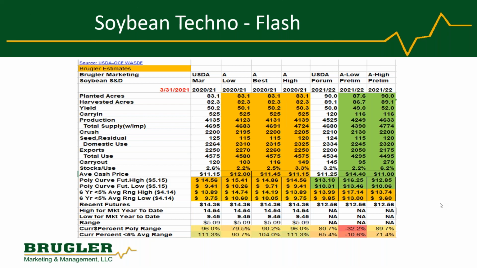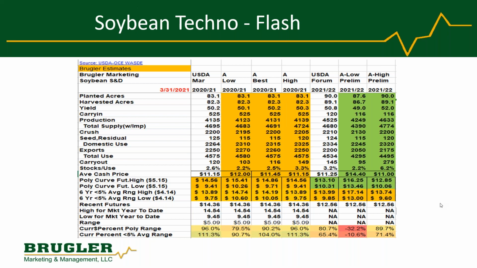We'll see how that plays out over time. But the point is, we're trying to show you what happens, why the market was so excited yesterday, why November beans rallied 70 cents, and it's quite clear. If you have a smaller yield and only 87 million planted, you're talking 4.25 billion bushel production, which is less than 100 million above a year ago, and quite a bit less than